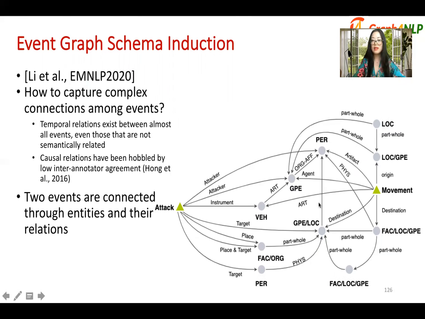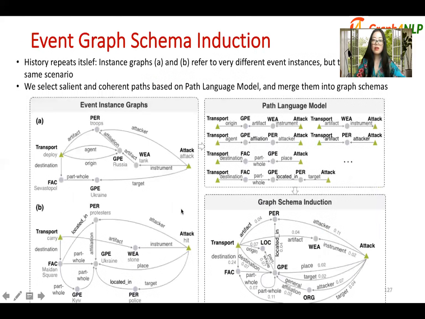Or their entities are involved in some relations. For example, this agent of this movement is the owner of this artifact, of this vehicle that served as instrument for the attack event. So our idea is to try to flatten the graph into multiple paths and then rank them based on their salience